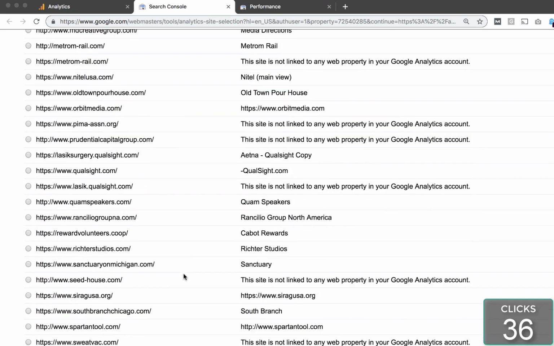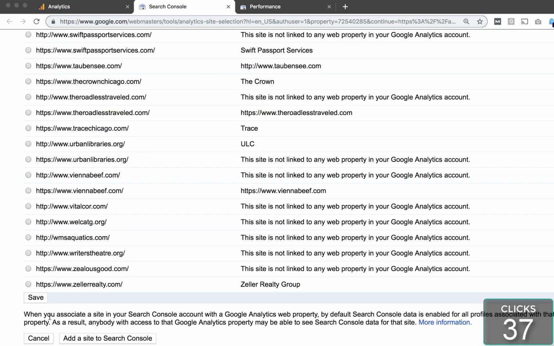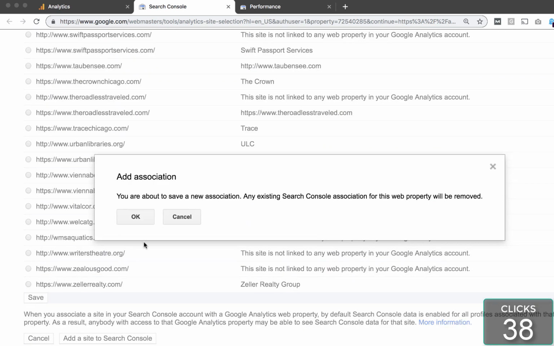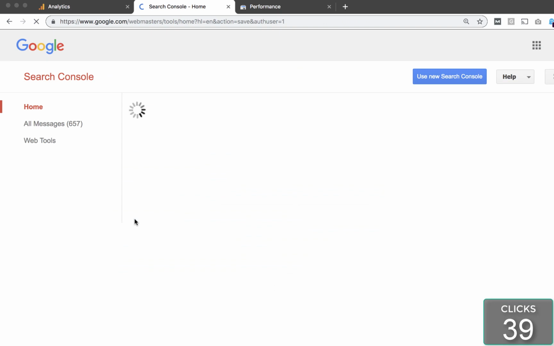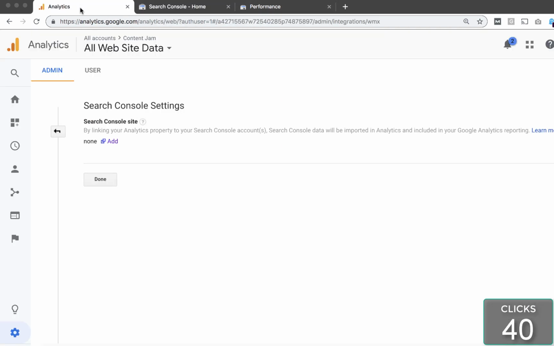We have quite a few here. And then scroll down to the one for that Analytics account, choose it, go to the bottom, and click Save. It warns me you're about to save a new association. There's really no risk of any problems creating this association. You're never going to lose any data. No matter what, all your data is already in Search Console, so don't be afraid that you're going to make